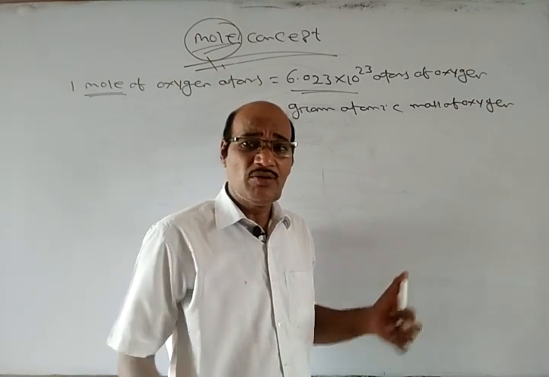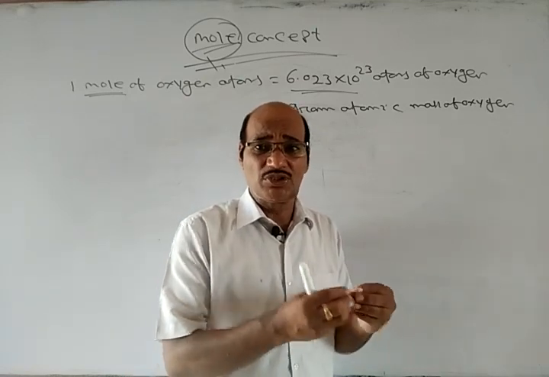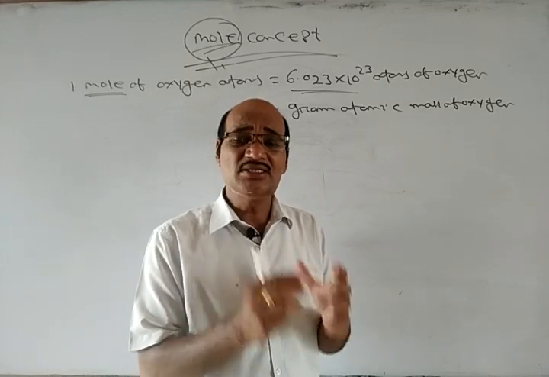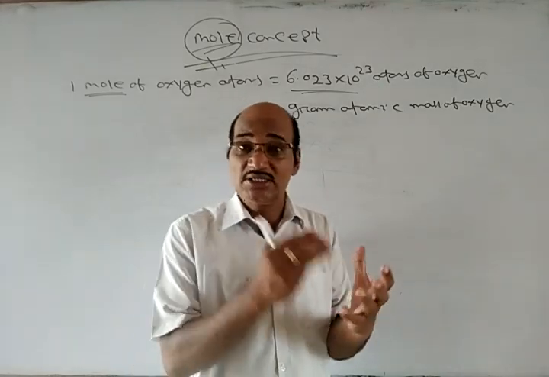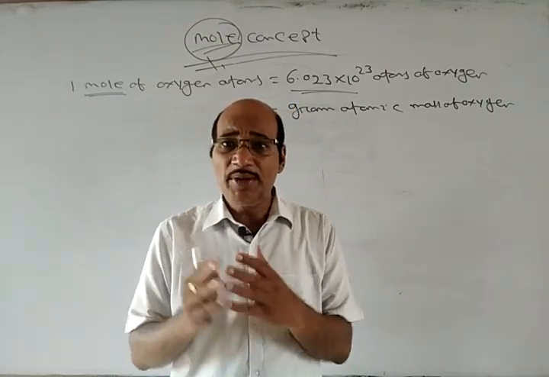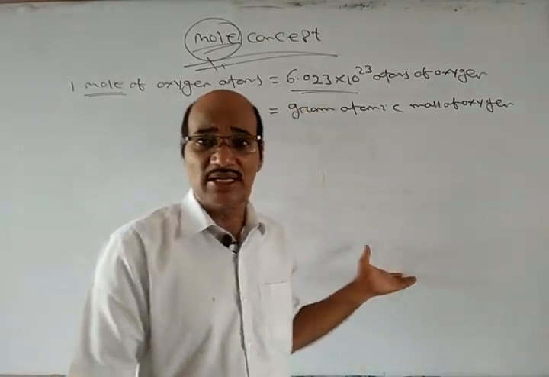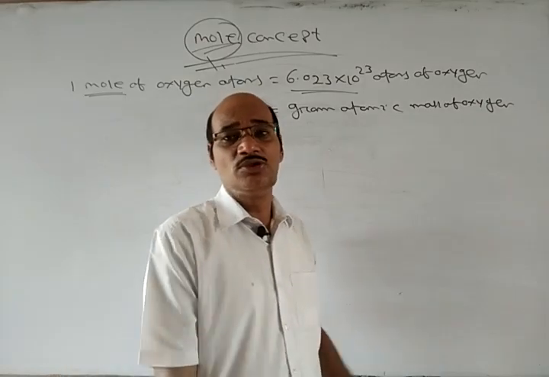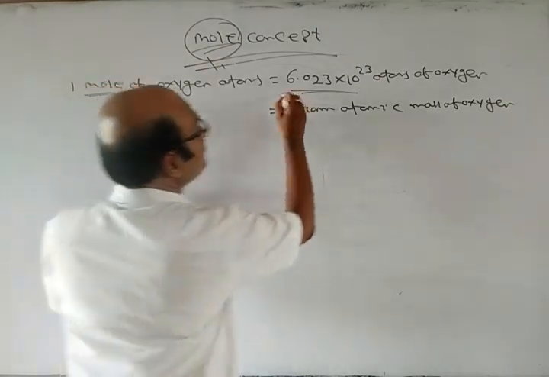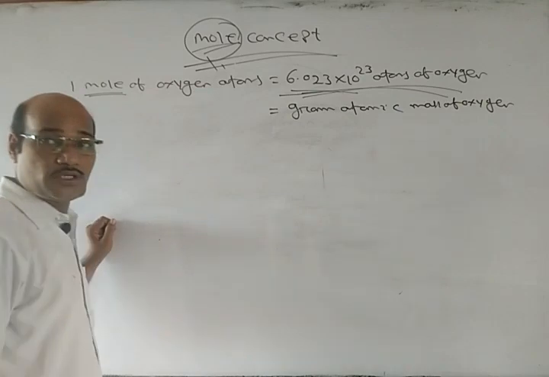Already we discussed the atomic mass in the last class. We have seen that when we compare the mass of one atom of oxygen with the 1/12 mass of an atom of carbon 12, we are getting 16 AMU. So this equals 16 into 1.66 into 10 power minus 24 gram for 1 atom. Now when we are talking about gram atomic mass, 16 gram is equal to, as we calculated in the last class, 6.023 into 10 power 23 number of atoms. So when we have this much of atoms, that is the gram atomic mass of oxygen.